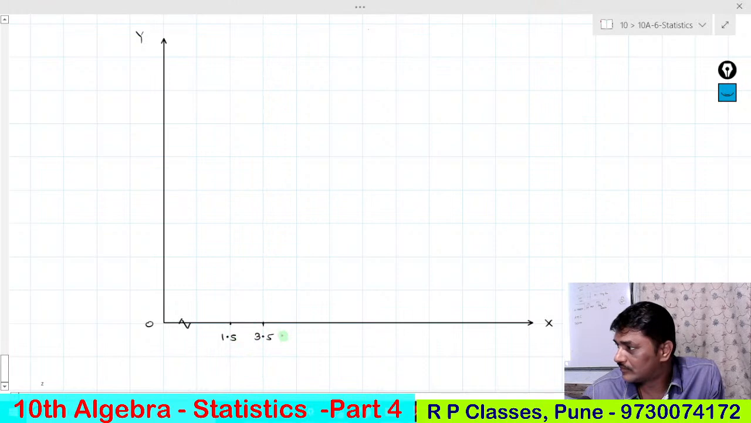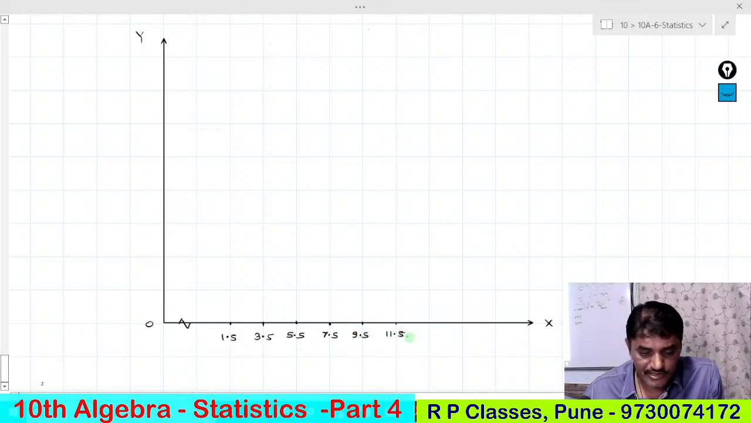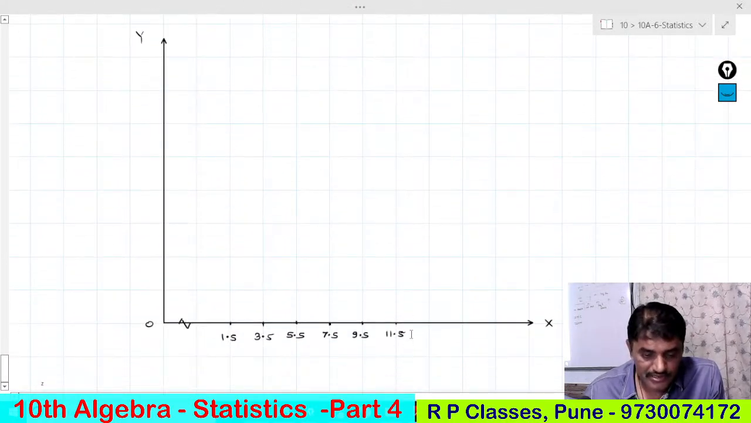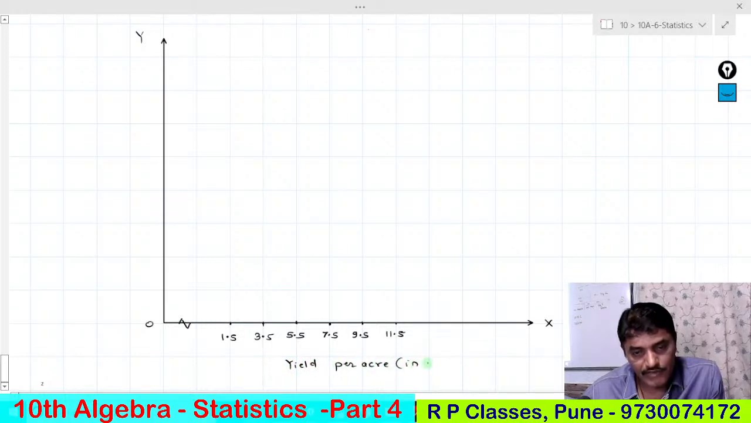ले लिया। What is the difference here? 2 भी ले सकते हैं, लेकिन मैं 1 पे ही लूंगा। तो this is 5.5, this is 7.5, this is 9.5, this is 11.5 and मुझे सिर्फ वहीं तक चाहिए ना। Yes, now that is nothing but yield per acre in quintal। क्या लिखेंगे? Yield per acre in quintal।